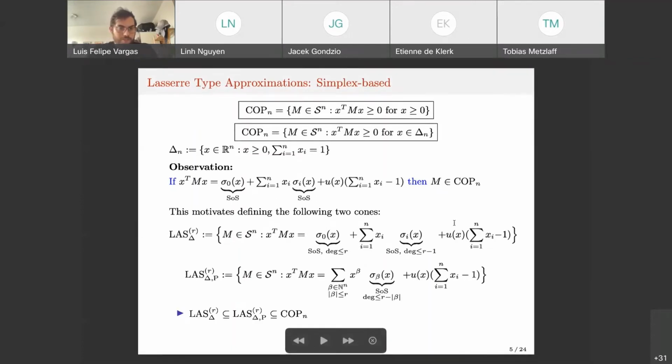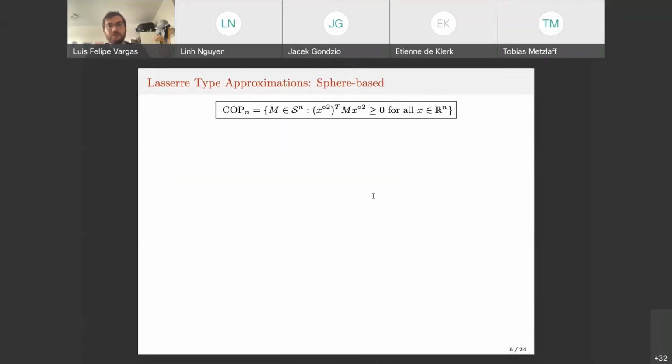So by observation, it's easy to see that these inclusions hold. These are subsets of the copositive cone, and the interior of the copositive cone is contained in the union of the Lasserre simplex cones. This is just another way to state Pólya's theorem. In the particular case of the simplex, which is Archimedean, everything is okay. So we have these two cones, and now we are going to define another cone for approximating